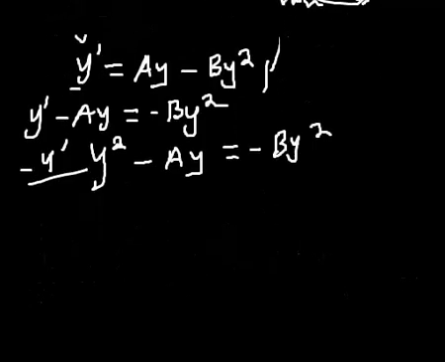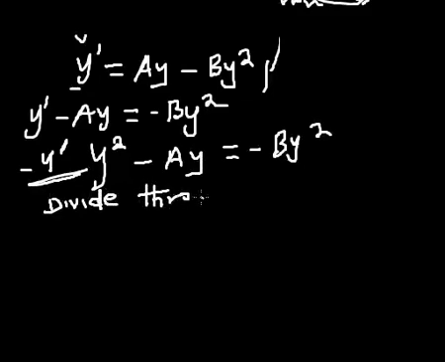Now why do I keep it this way? My equation shouldn't have a function attached to the derivative, which is du with respect to x. So I have to divide everything by y square so that I will eliminate y square all through. So I'm going to divide through by y square. If I divide this by y square, cancel y square, I now have